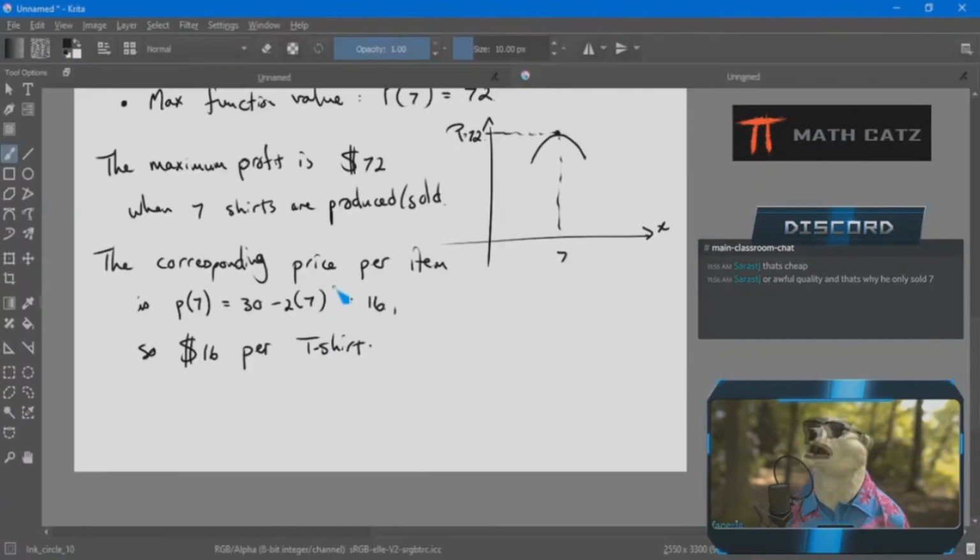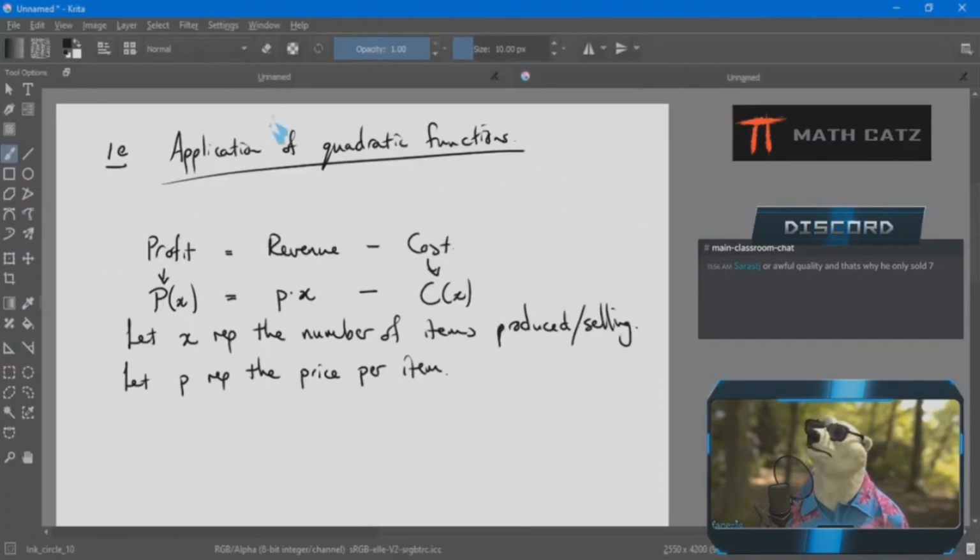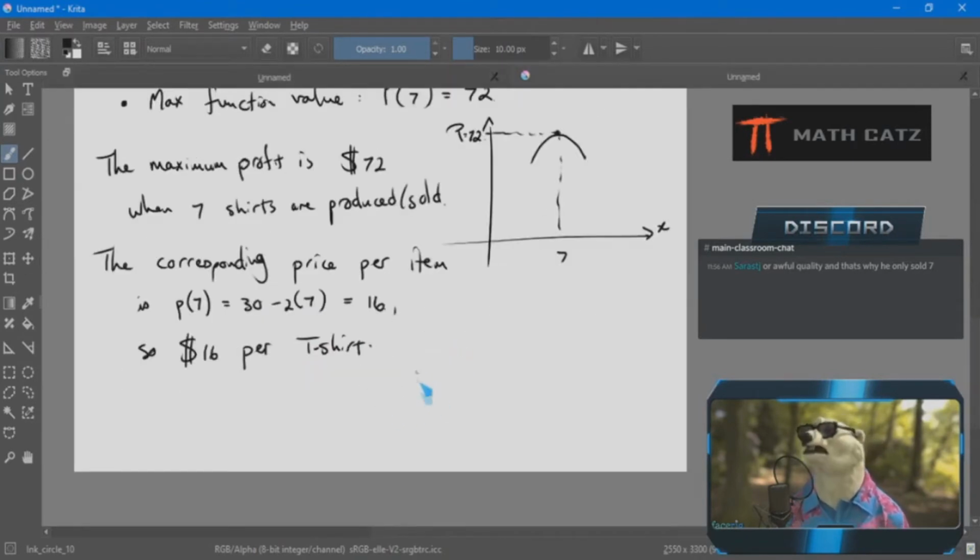Okay, so now let's suppose I have analyzed the situation before deciding to make these t-shirts so that I can decide, well, am I even going to make a profit? Is it worth it? Is the profit going to be enough for my liking? All those things. I should probably decide that first before going through all this hassle. So I've now seen that if I were to sell this based on the market analysis and the demand that there are for this t-shirt, I'm going to be able to sell 7, or I should sell 7 to give